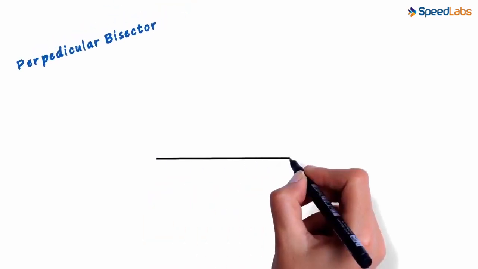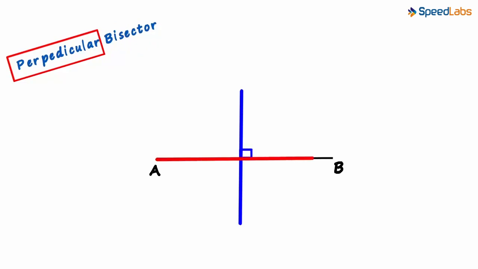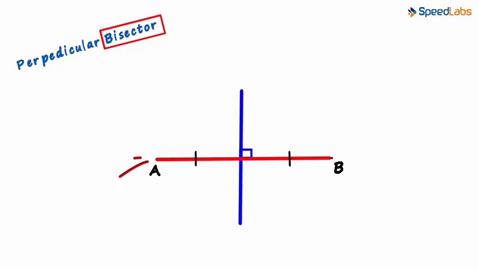We need to construct a perpendicular bisector of line segment AB. Before we understand the construction, let us understand what perpendicular bisector means. Perpendicular is simply a straight line drawn at an angle of 90 degrees to a given line or a plane. And bisect means dividing it into two equal parts. It means we have to draw a line perpendicular to this line at a point which divides this segment into